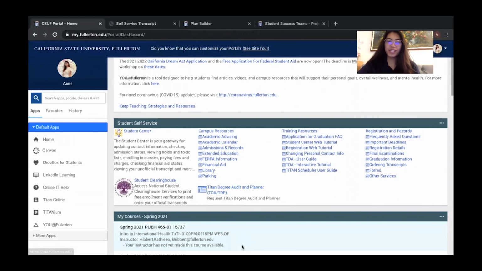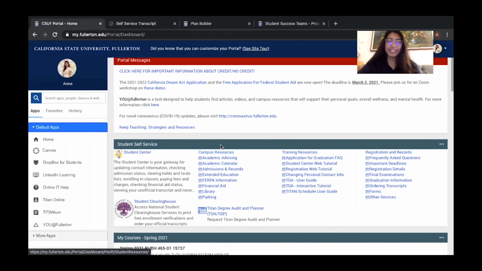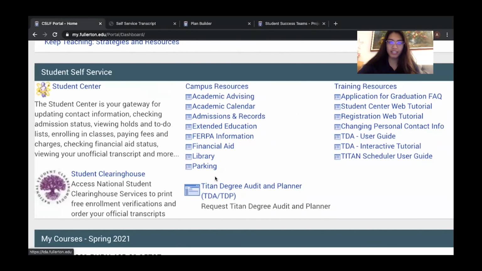Moving on, one of the sites that's super cool and I just learned last year is, say you're looking at your TDA and your GPA is about to hit a 3.5, but it's not there yet. And you're taking 4 or 5 classes this semester, and you're just going, oh, gee, I wish I had a GPA calculator. Well, fear not, we actually do have a GPA calculator that's super handy and easy to use. And that would be under academic advising.